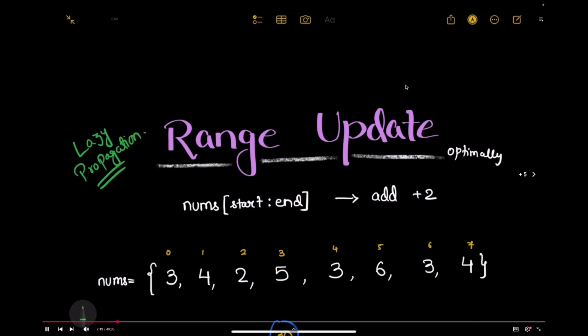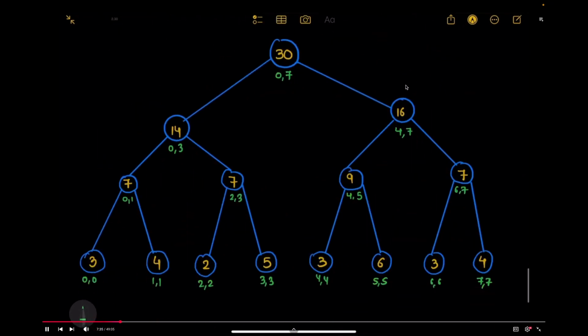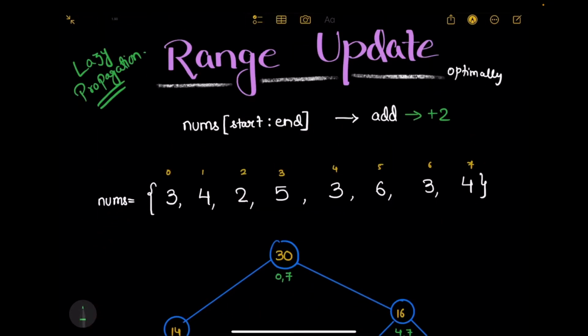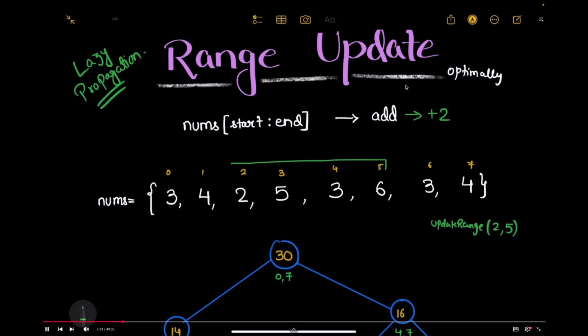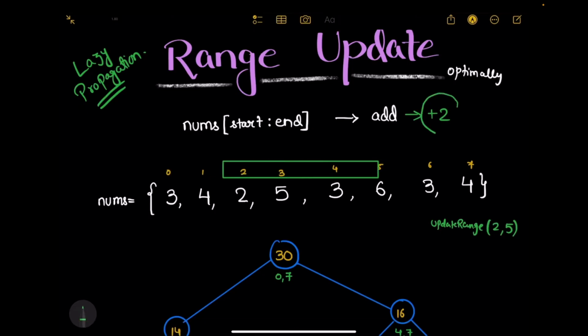ठीक है, ओके, देखिए मैं प्रॉब्लम देखा कि नम्स में इंटर कर दो, उसकी वैल्यू +2 कर दो, हमारा एग्जांपल ये लेंगे। ठीक है, हर इंडेक्स में +2 कर दो, तो देखते हैं हमारा सेगमेंट, ये मैंने सेगमेंट पहले बना दिया, सेगमेंट आपको ऑलरेडी आता रहना है। ठीक है, तो मान के चलते हैं पहला क्वेरी आपका था कि अपडेट रेंज आपको दे दिया है, बोला गया 2 से लेकर 5 तक के एलिमेंट में सब में +2 कर दो। मान के चलते हैं ये क्वेरी था आपका। ठीक है, इंडेक्स नंबर 2 से लेकर इंडेक्स नंबर 5 तक के सारे एलिमेंट्स में +2 कर दो, इसमें +2 कर दो, ये 4 बन जाएगा, ये 7 बन जाएगा, ये 5 बन जाएगा, ये 8 बन जाएगा।